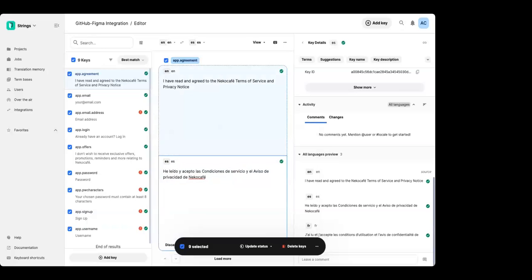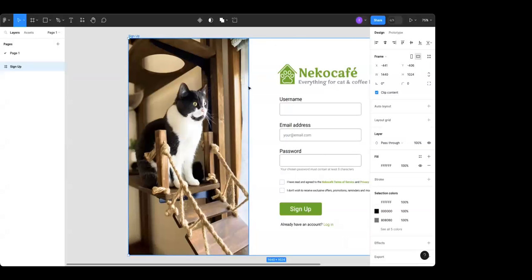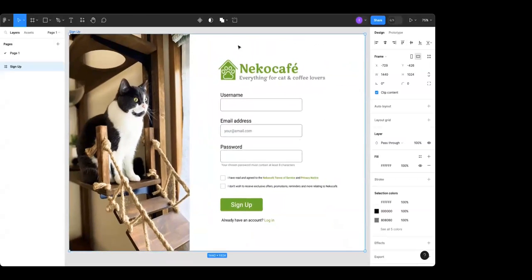Okay, so now that I've adjusted these keys into strings, I want to take a look at my Figma design. So here we go. This is my Cat Cafe design. Let me just move the screen over here a little bit. And you can see the design has the exact same values that I pulled in from my GitHub repository. And I've labeled the text layers in this Figma design exactly the same as the key names that